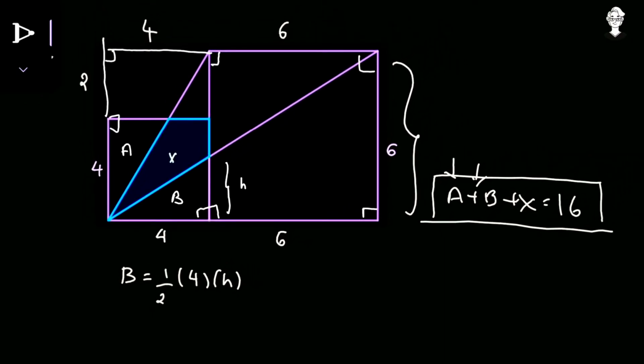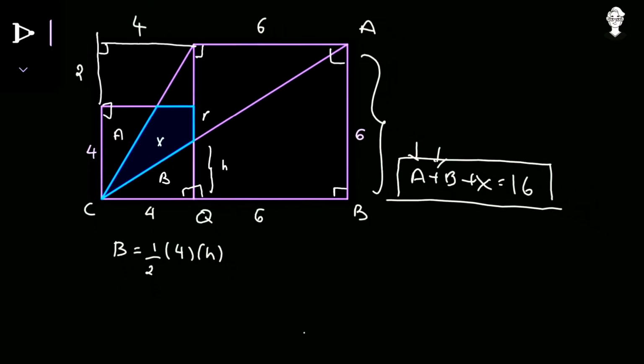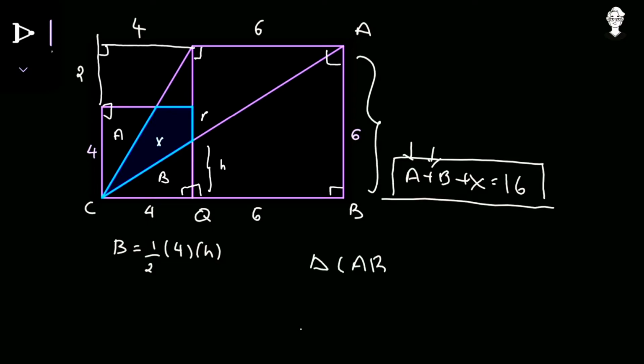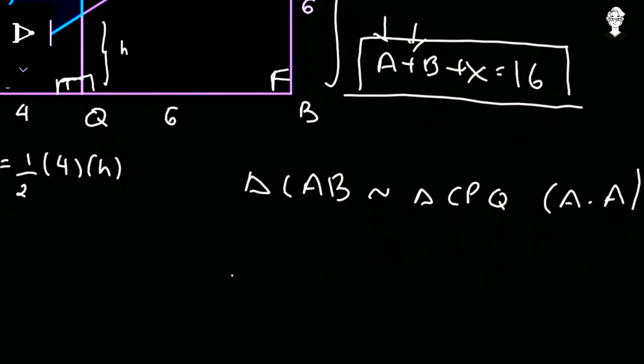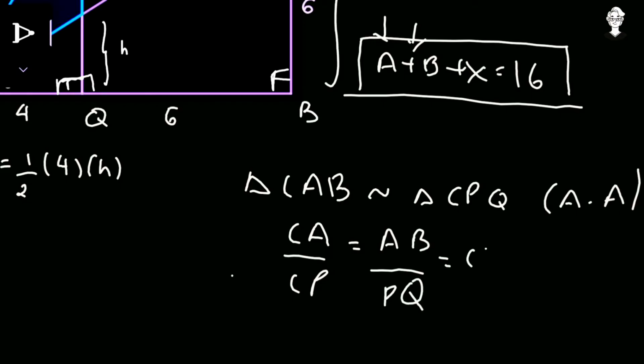So first of all, let us mark this diagram as A over there, B over here, C over there, P and Q. So what we can observe is that triangle CAB is similar to triangle CPQ by the angle property. In this complete bigger right angle triangle, that is ABC, here is the 90 degree, and let this angle be equal to theta. And also in the smaller right angle triangle, that is CPQ, the same theta and the same 90 degree. So in both the triangles, two of the angles are equal, that is theta and 90 degree, so they become similar. So by the corresponding parts of similar triangles, we have the ratios equal. So CA upon CP is equal to AB upon PQ, and that is equal to CB upon CQ.